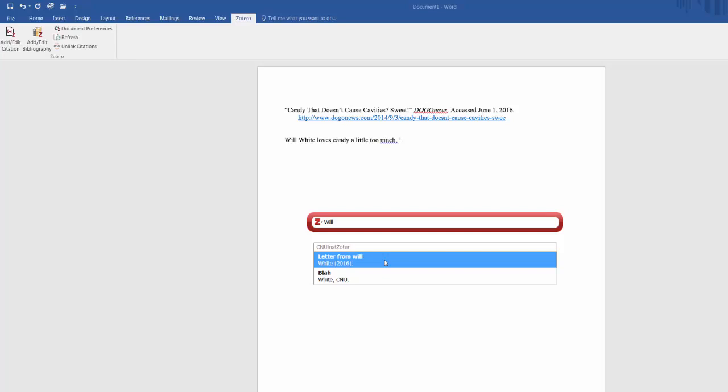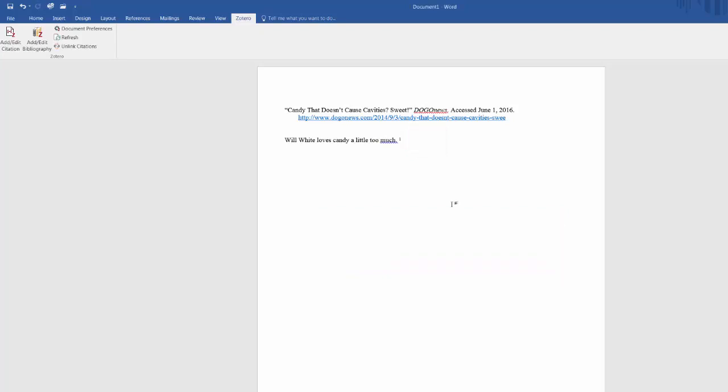As you can see, this tool will search through your library for resources that match your search and automatically make citations out of them on your document. This is the kind of tool you would use after performing all of your research and logging useful resources in your library in order to cite them as you use each resource while writing your work. Then, once you're done, you can use the other button, Add or Edit Bibliography, to turn those citations into a complete bibliography with one click.